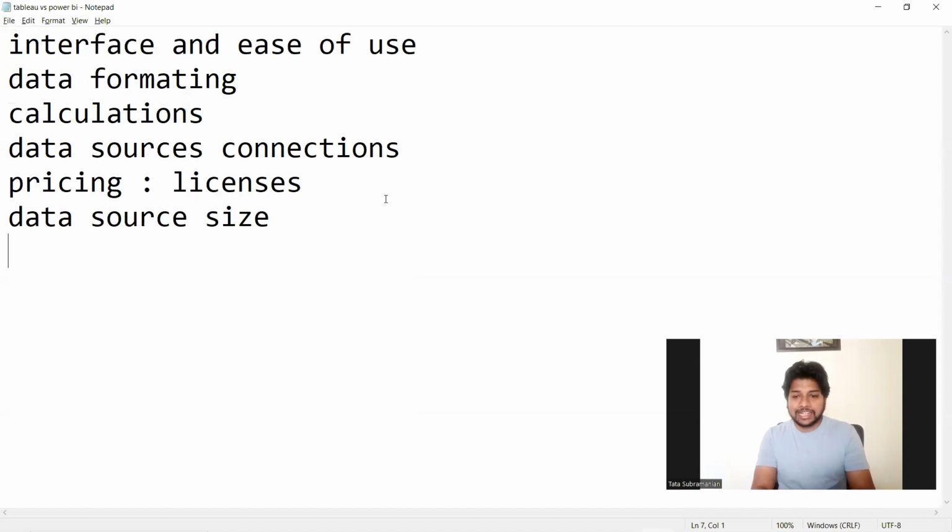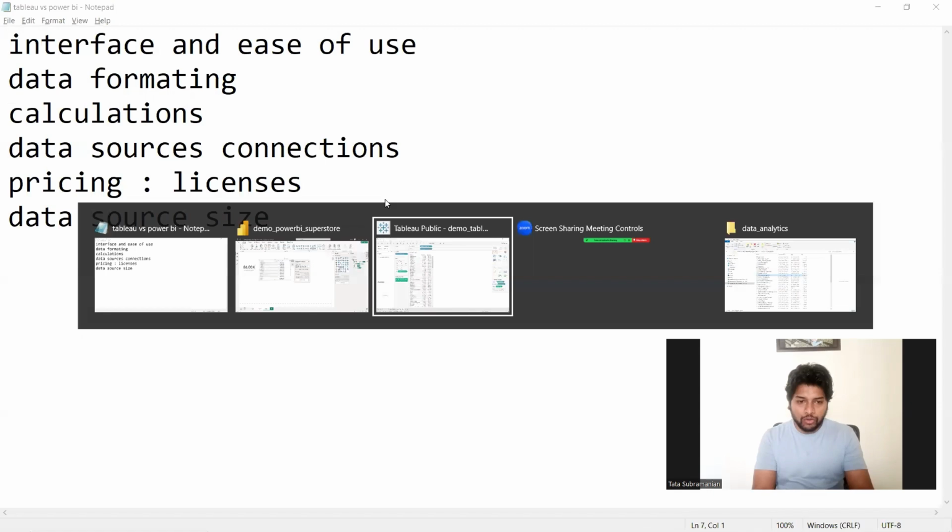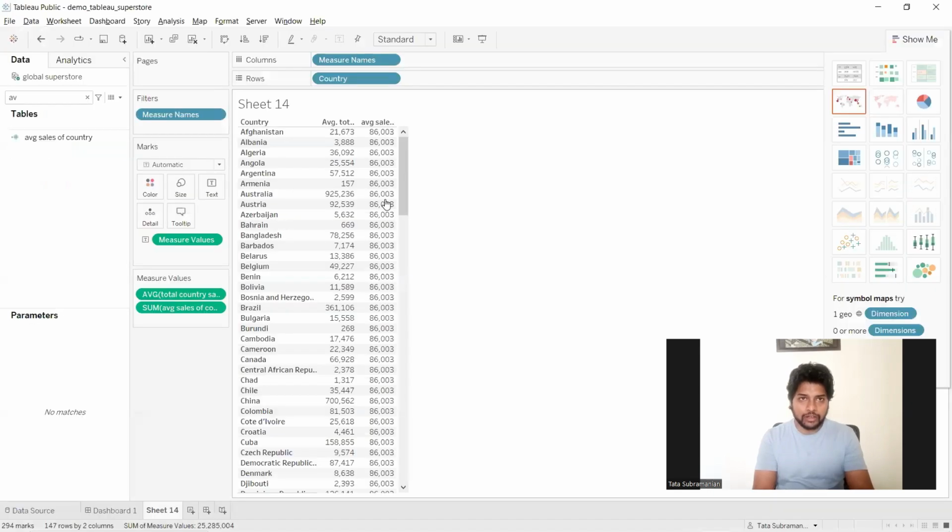The next one is the data source connections. In a data source connection, what types of connections are supported and how can we approach them using different tools. So let's see what types of connections are supported in Tableau Public, and then we'll go to Power BI. So if I go to Tableau over here,